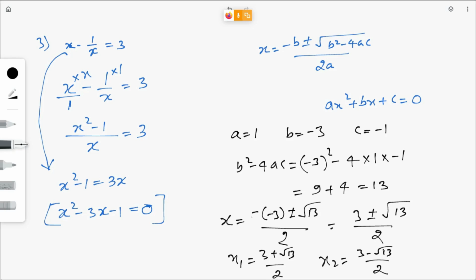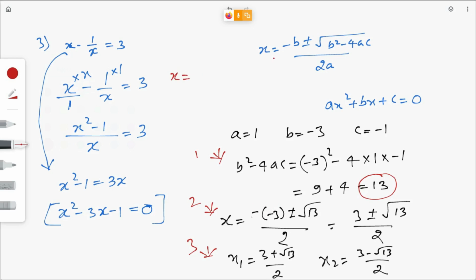Sir, after getting b square minus 4ac. Okay, so see here. After getting this b square minus 4ac, where is that b square minus 4ac? This. You need to just substitute this 13 here in this root. Wait, give me which step, either in this step or here, where you are confused. 1, 2, 3. Which step? Sir, second step. Okay. See here.